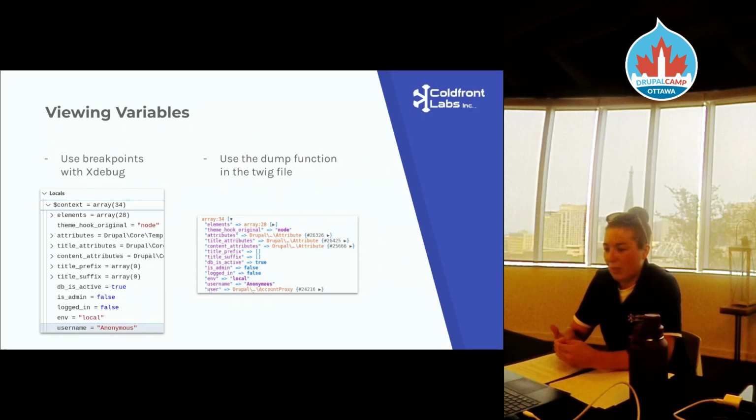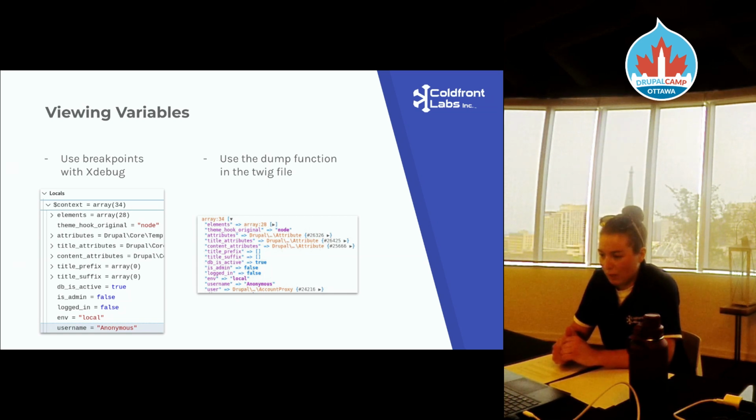Like I talked about at the beginning, we're able to view different variables that are available inside a template. There's a couple of different ways to do this. You could go into your UI and figure out what content you're trying to edit and find the fields and find the variable names to that. But there's two easier ways. So the first, if you